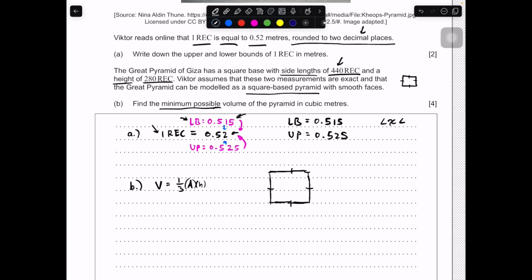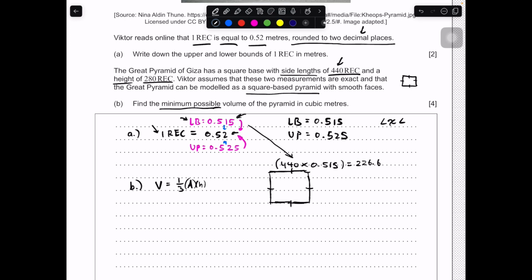So this is equal to 440, but we know that it's 440 times 0.515, because this is the absolute minimum. So this is going to be one side length. Let's find the area of the base. 440 times 0.515 is equal to